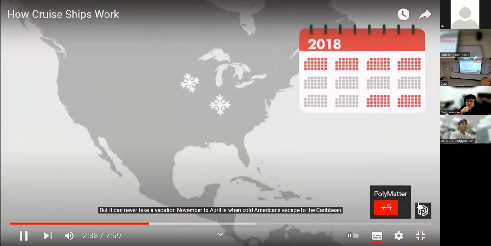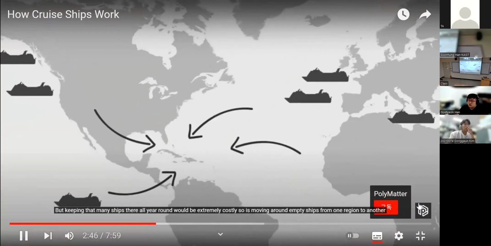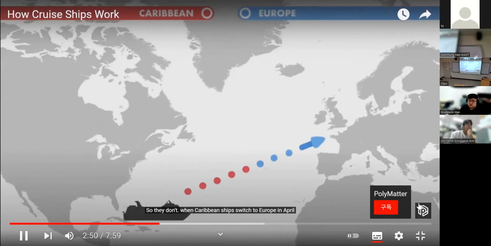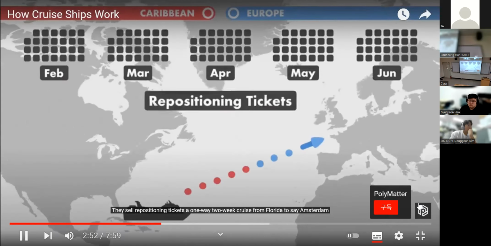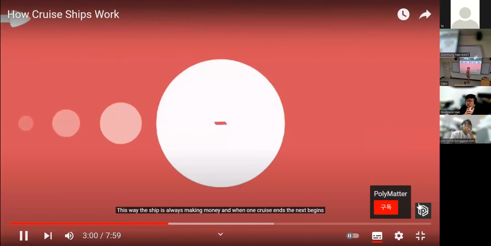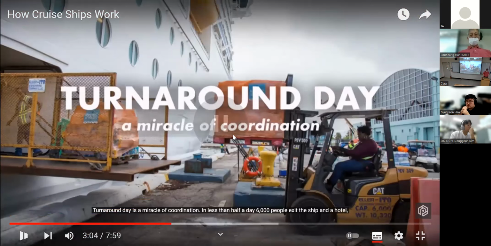November to April is when cold Americans escape to the Caribbean, but keeping that many ships there all year round would be extremely costly. So is moving around empty ships from one region to another. So they don't. When Caribbean ships switch to Europe in April, they sell repositioning tickets. A one-way, 2-week cruise from Florida to, say, Amsterdam. This way, the ship is always making money. And when one cruise ends, the next begins. Turnaround is